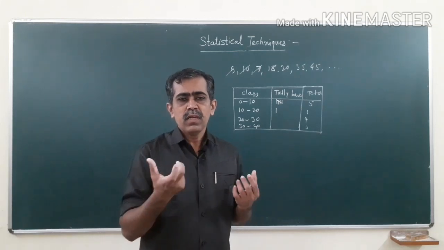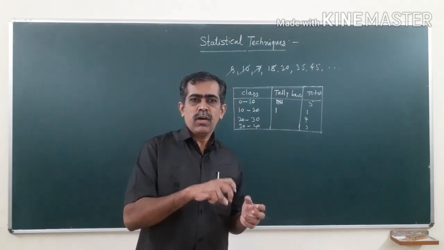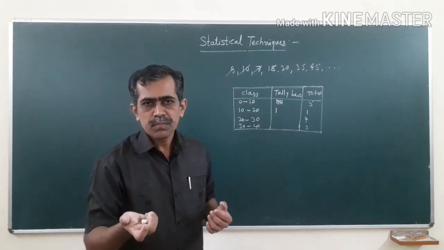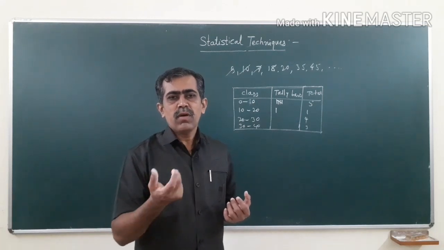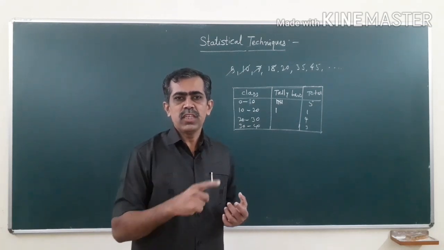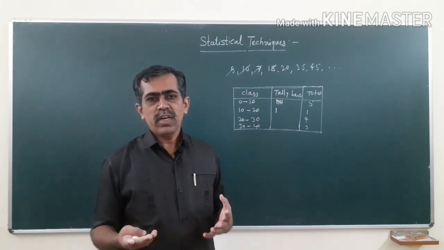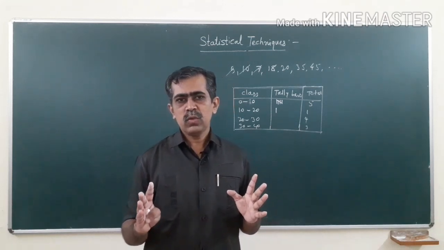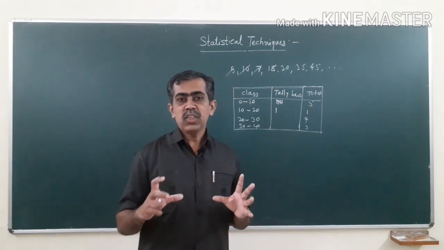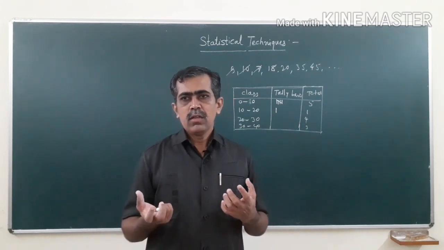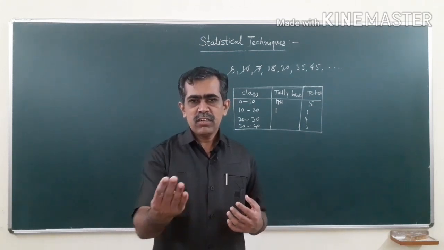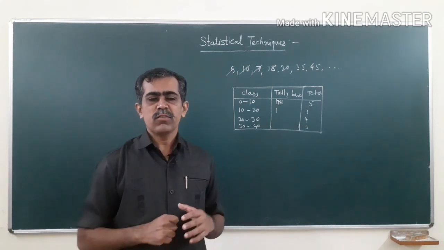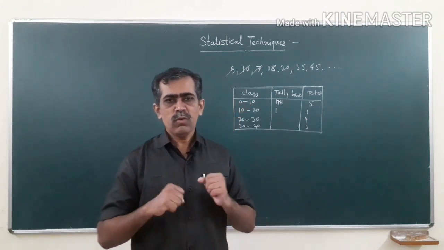What is the difference between the marks of the lowest student and students with the highest score? So, what is the difference between these marks, and how is the variation? So, we can calculate the variation. If there is more variation, then the average is not a good average. That is why we can measure the variation also, and those tools which are used to measure such variation in the marks of the students from a certain number are called measures of variation or measures of dispersion. So, that you have to learn.